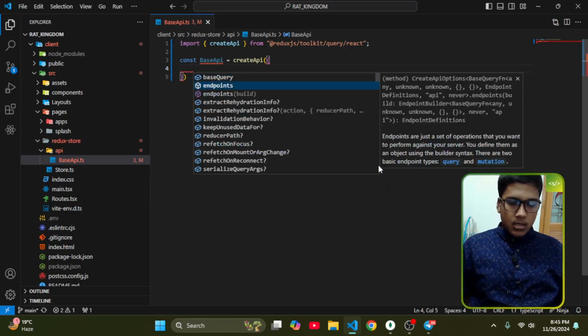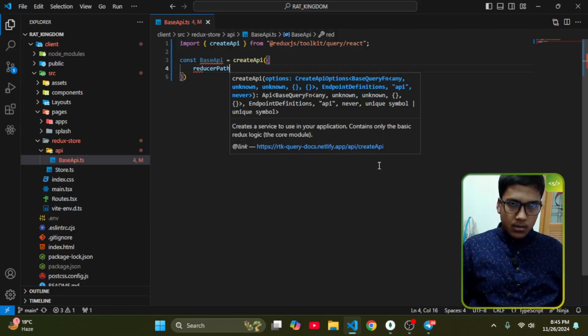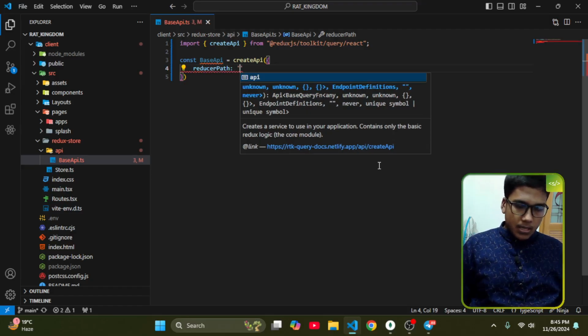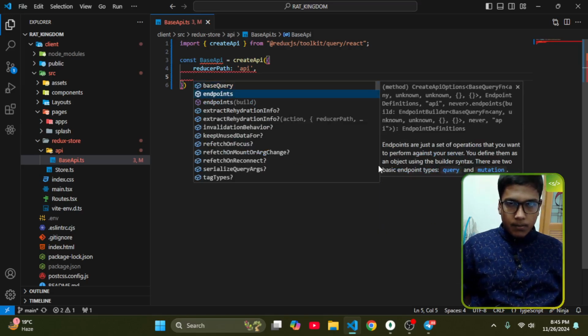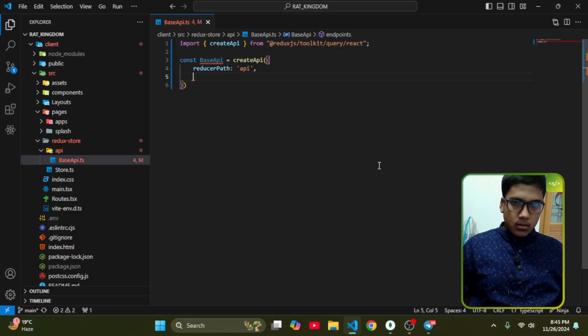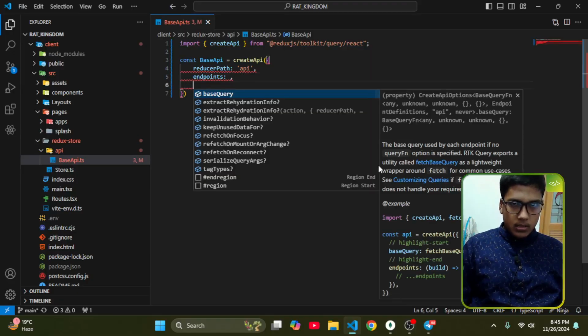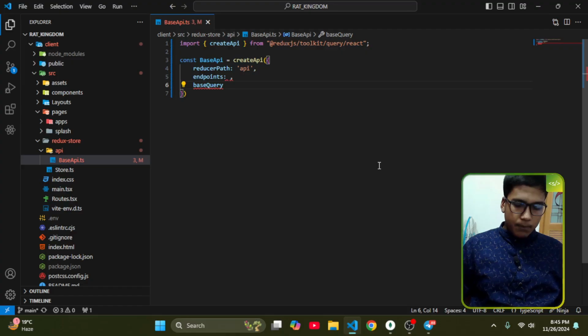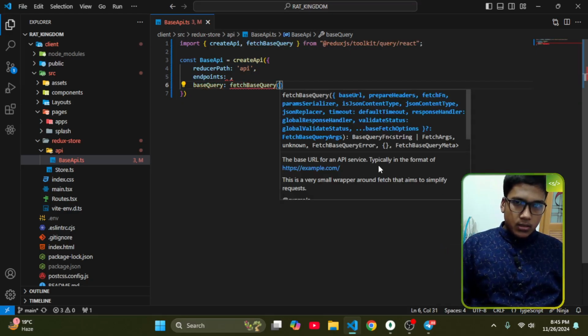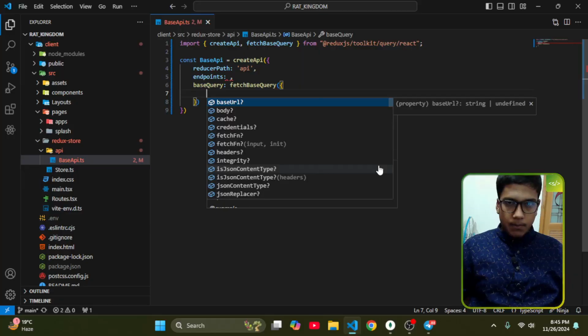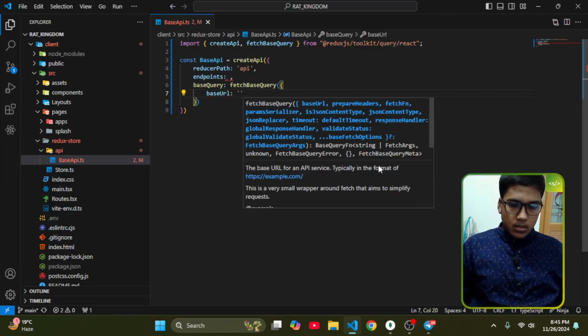There is something like reducerPath, so I just make it api, and then there is endpoints, and last I need to set a baseQuery. Okay, fetchBaseQuery, and then here I can set up a baseUrl,